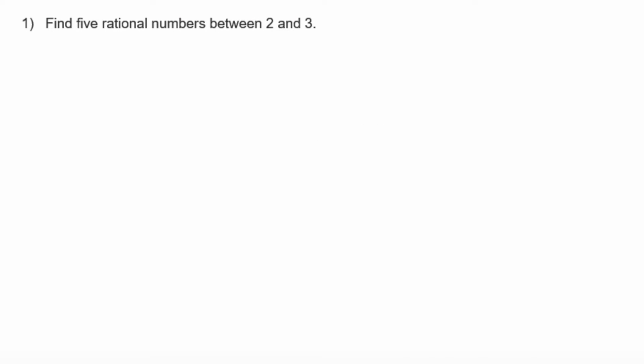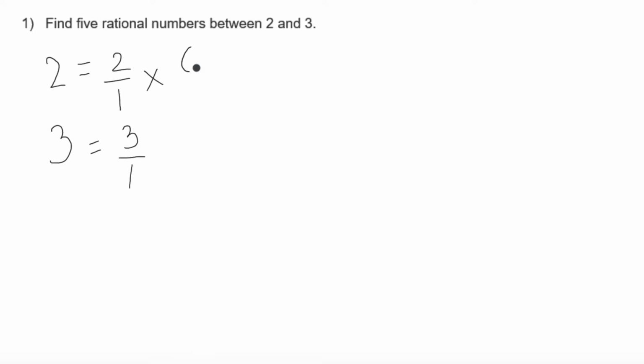First question. Find 5 rational numbers between 2 and 3. A very quick way to solve this, just write two numbers 2 and 3. Write 2 like 2 by 1. Similarly 3 by 1. For 2 by 1, because we need to identify 5 rational numbers, we will multiply it